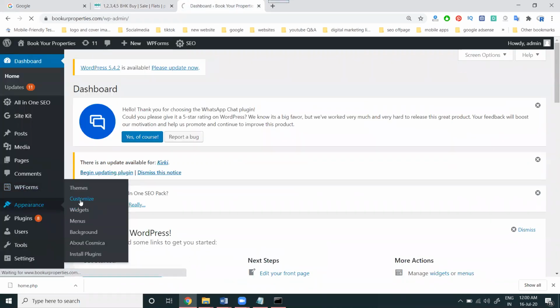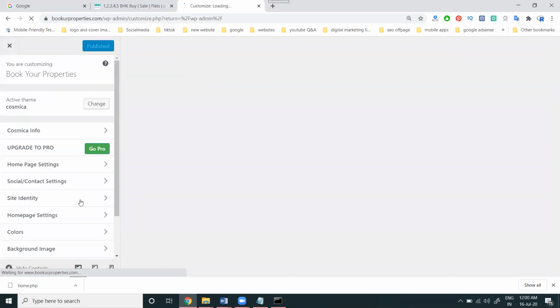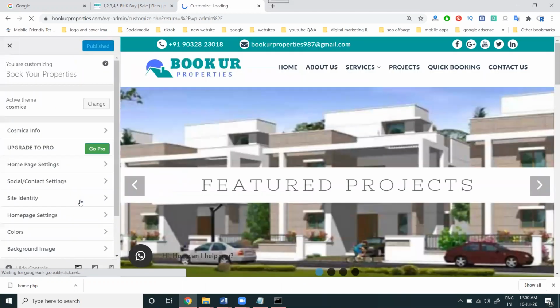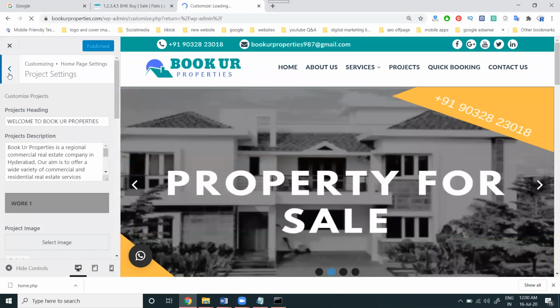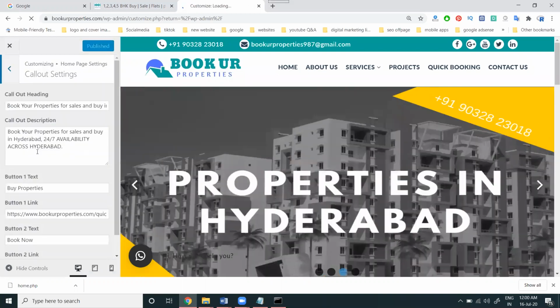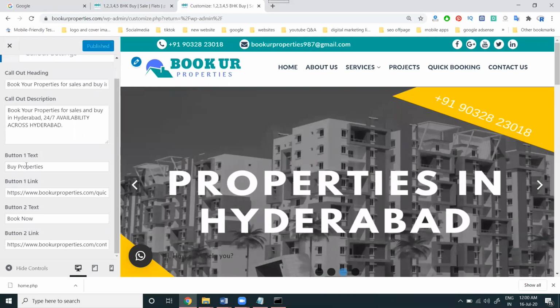The option name is called customize. For every option on the particular blogger front end page or WordPress front end page, all the options are given by WordPress. The option is called appearance. In this, what are the options given here? In this, the option given is called out by property here.